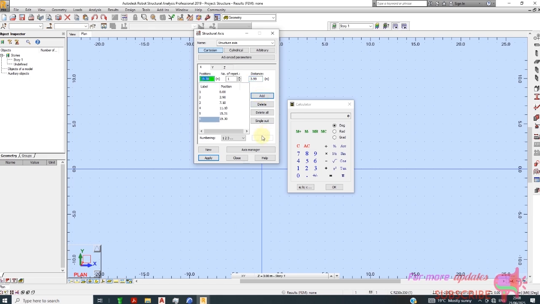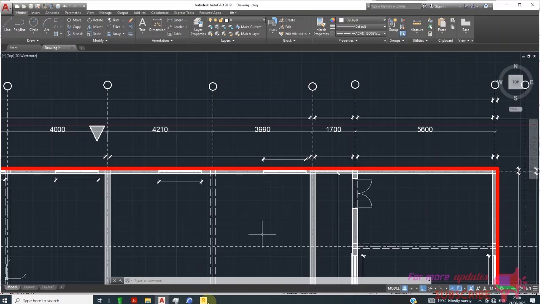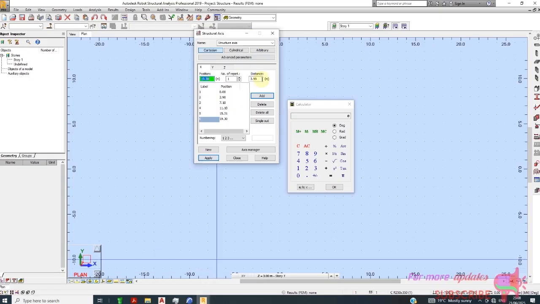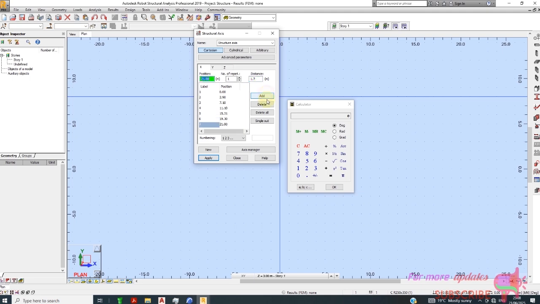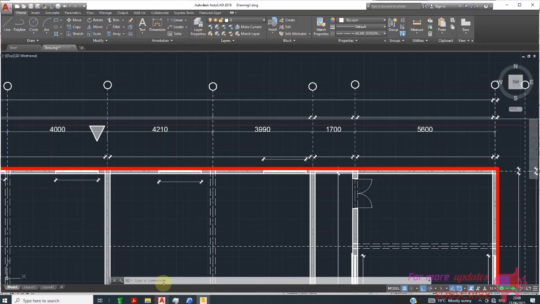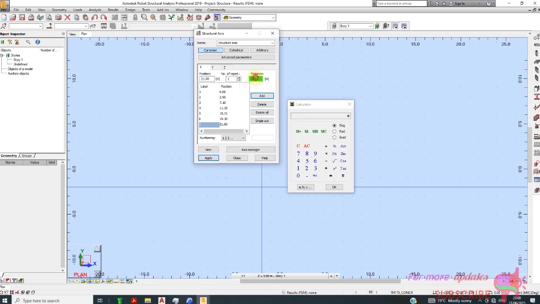Add. And then we add 1.7. Then add. We add 5.6. Then we add. All right. So just like that, we move to the